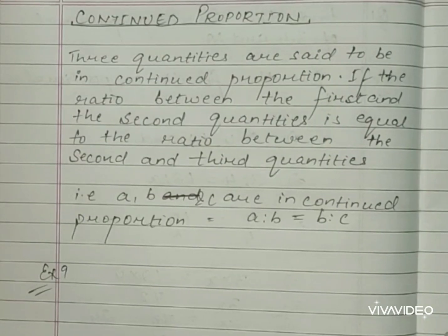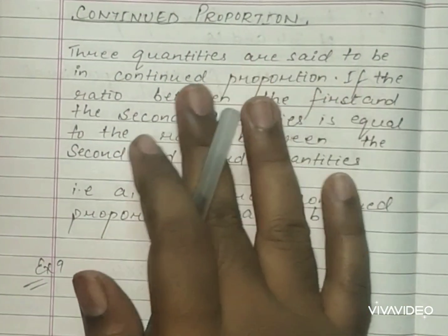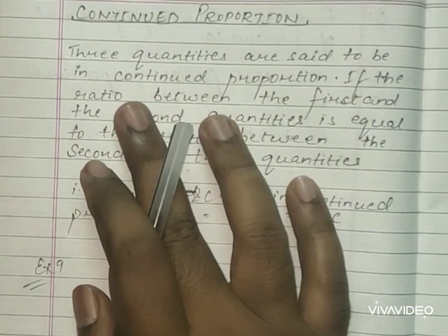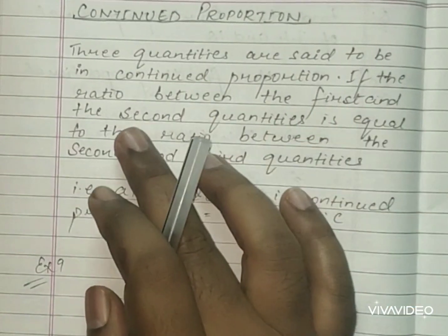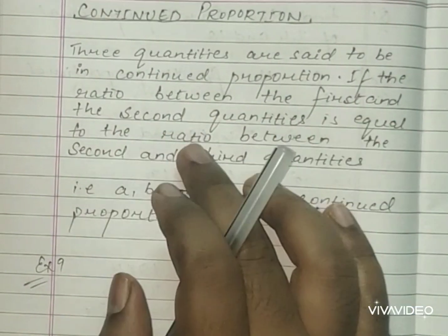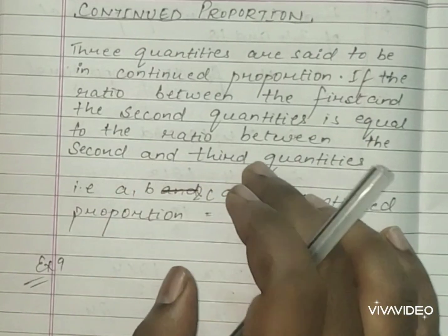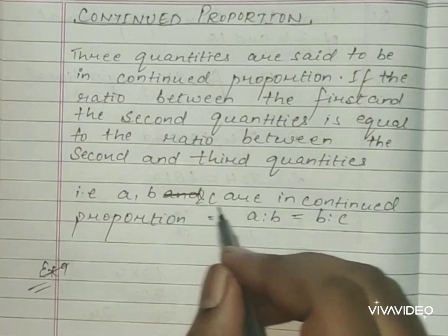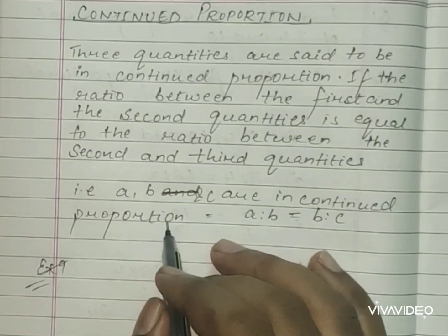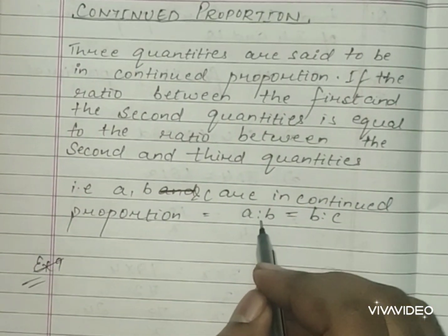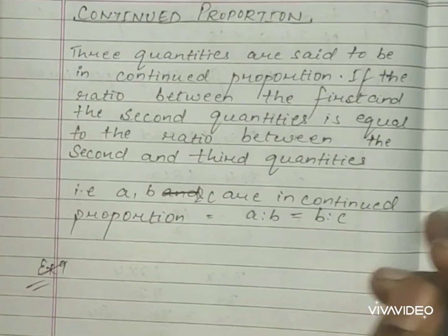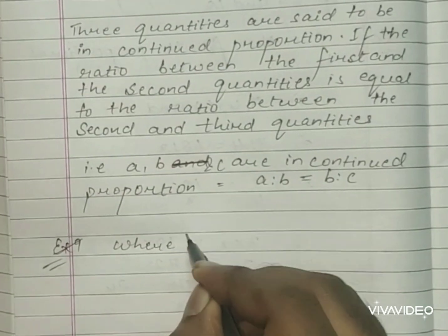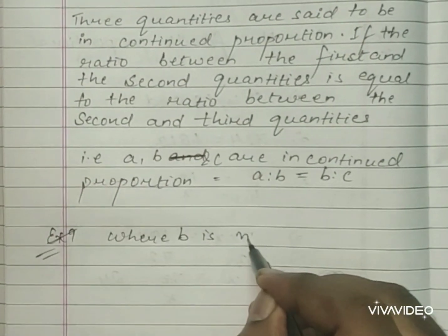So students, our last topic is continued proportion. Three quantities are said to be in continued proportion if the ratio between the first and the second quantity is equal to the ratio between the second and the third quantities. That is, if A, comma B and C are in continued proportion, it can be written like this: A ratio B is equals to B ratio C, where B is mean proportion